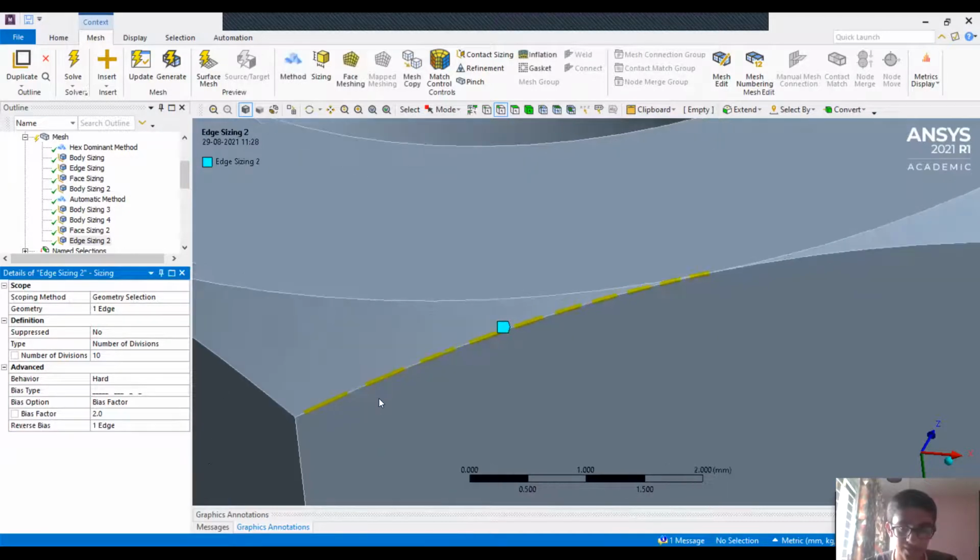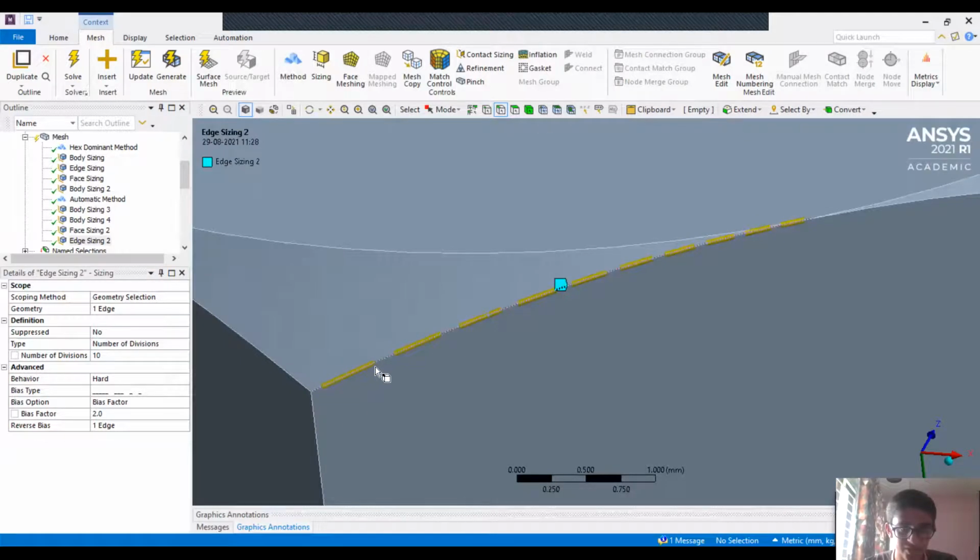So over here I can see that the size of elements over here is 2, and the last element size will be smaller. So the ratio between the first element size and the last element size is 2. So if I increase it to 5, they'll accordingly change to the ratio of 5. So this element size divided by the last element size will be 5. If I change this pattern to something else, then they'll accordingly change. So now the direction has been reversed.